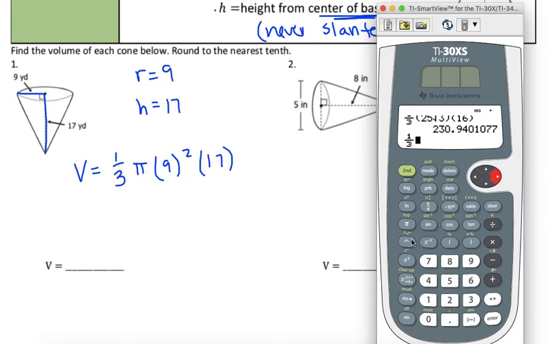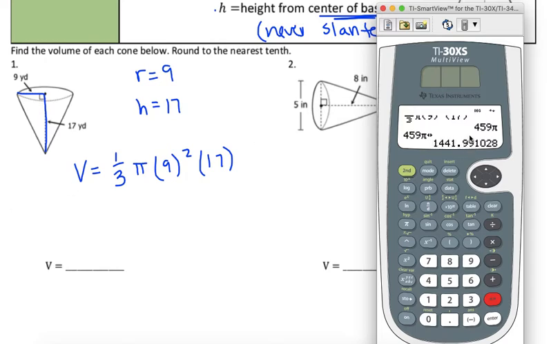1/3, I got pi button, we got 9 squared, and 17. Looking good, looking good. So we have 459 pi. That would be the exact answer. Our calculator is going, are you sure you want to round this? Because this is not rounded. It's 459 pi exactly. Pi is irrational, so it's always going to go forever. So as soon as I hit my toggle button, this decimal ends on our calculator, but it actually keeps going forever. So my approximation here,